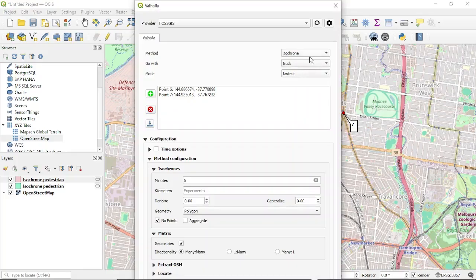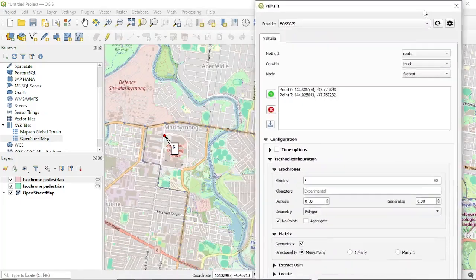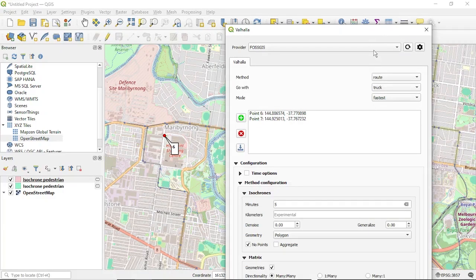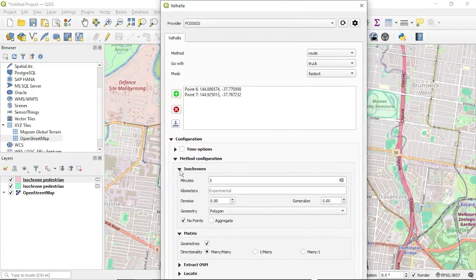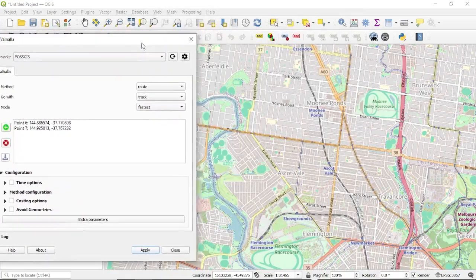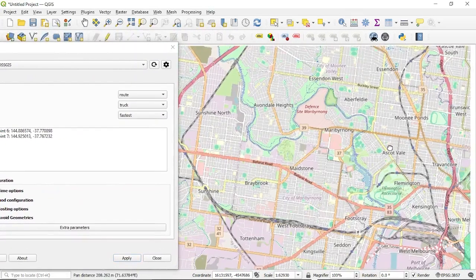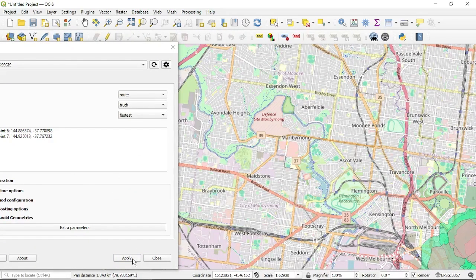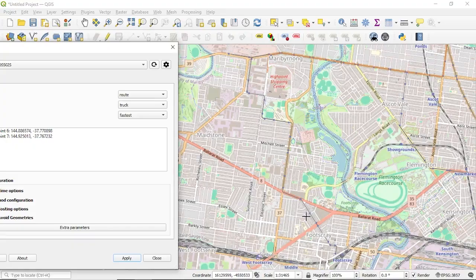And if we open up Valhalla and we change the setting from pedestrian to truck, and we change it to shortest or fastest depending on what you need, we'll keep it on fastest, and we go route, and the minutes don't matter in this case because it's set to the isochrones. And then all we have to do is, if we now close this, sometimes you have to click apply and shrink these tabs. It does fit a bit weird in that way, in the way Valhalla works. And if we click apply,